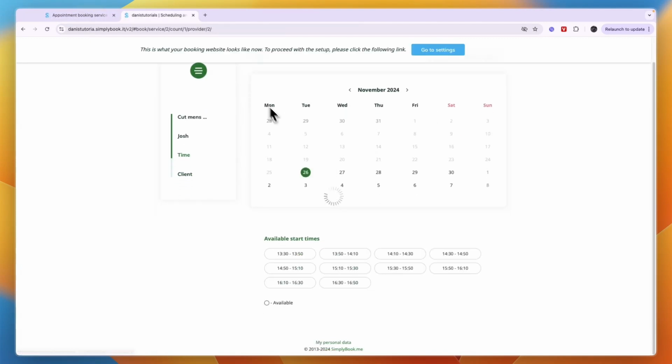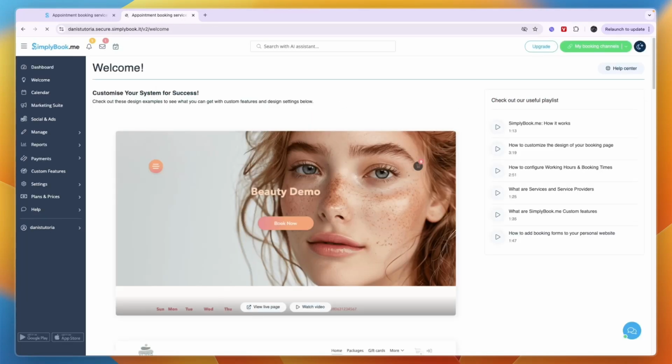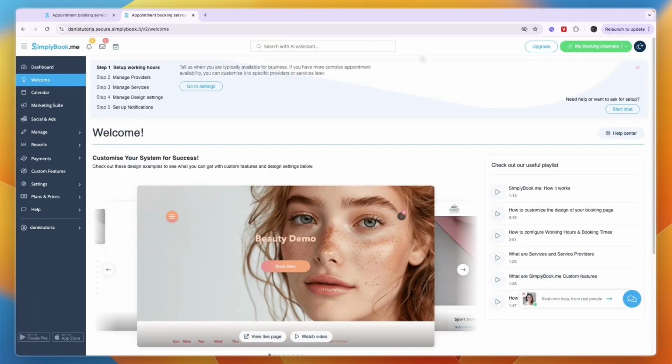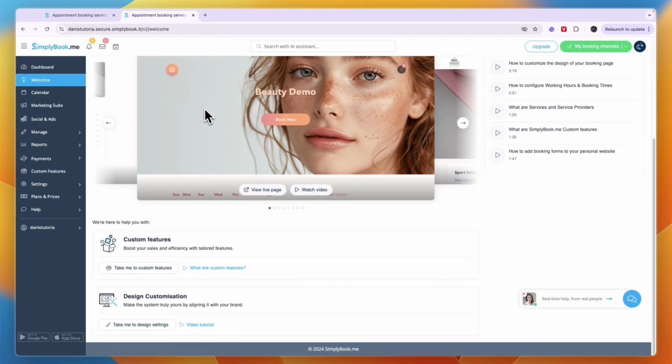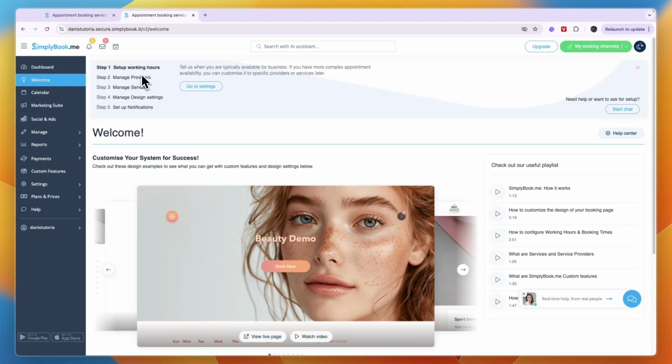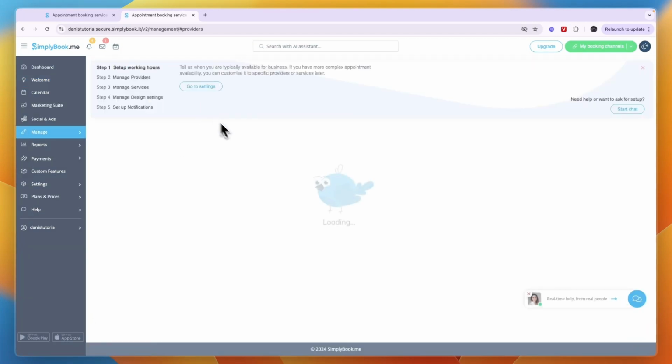Now this is just a preview. To get started, you can click go to settings right here to make some more changes to your actual website. And from here you can also see all your bookings and all of that. So we have already set up working hours, but what you can also do is set up working hours for specific providers. So if you click manage providers and then go to settings right here, you will see all of